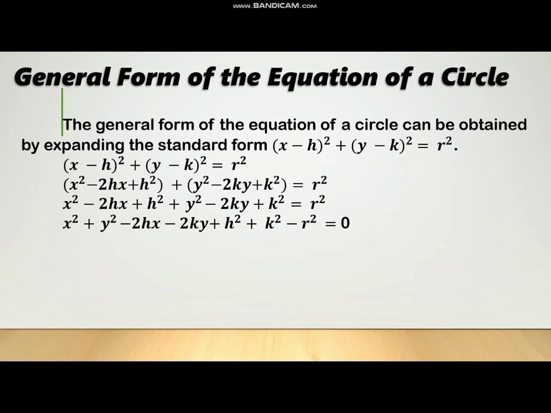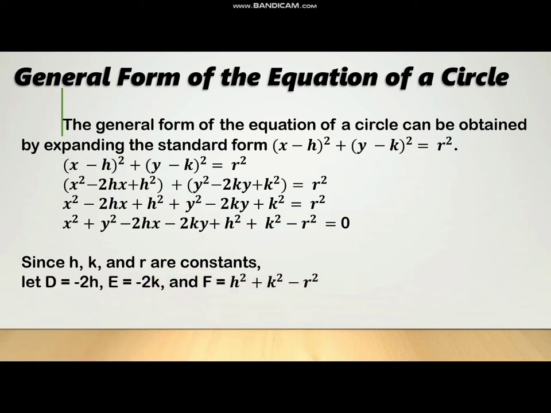That is very long, so let's shorten it. Since h, k, and r are constants, let d equal negative 2h, e equal negative 2k,